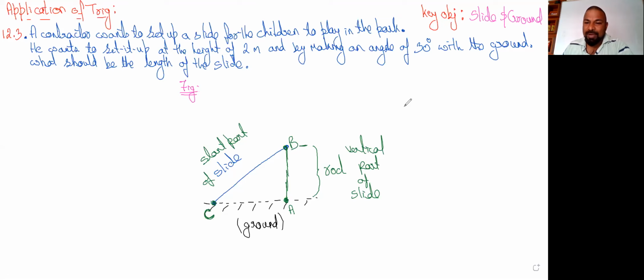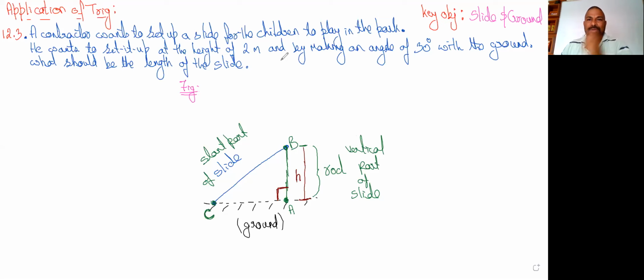And right, can anyone tell me from where to where the height will be? Height of the slide means from where to where we are supposed to take. Are we going to take it from B to C? That's my question. Height means always 90 degrees. You are supposed to remember that. Yes, what you all said, he is 100% right. AB becomes the height of the slide.